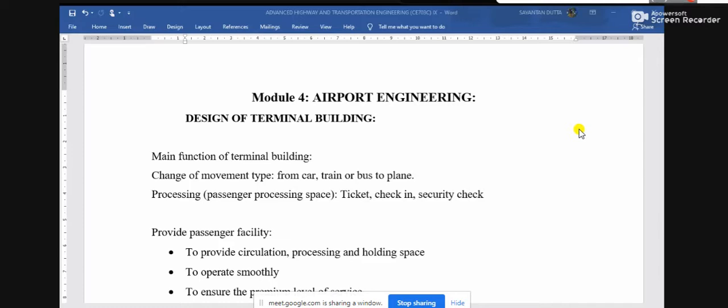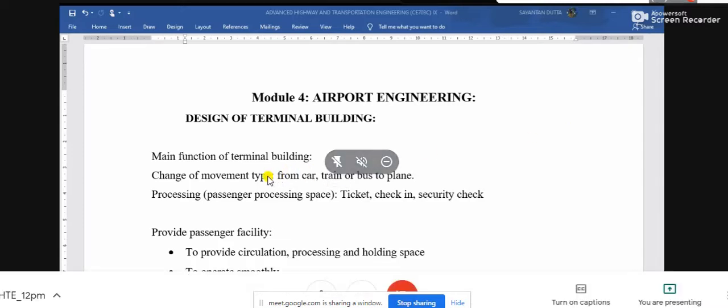The main function of the terminal building is to change the movement type. Movement type means the mode of transportation.